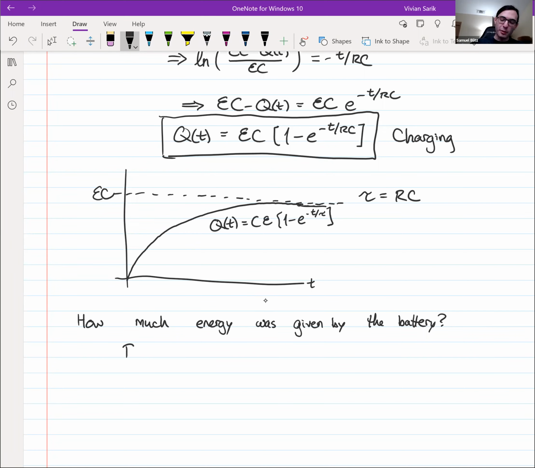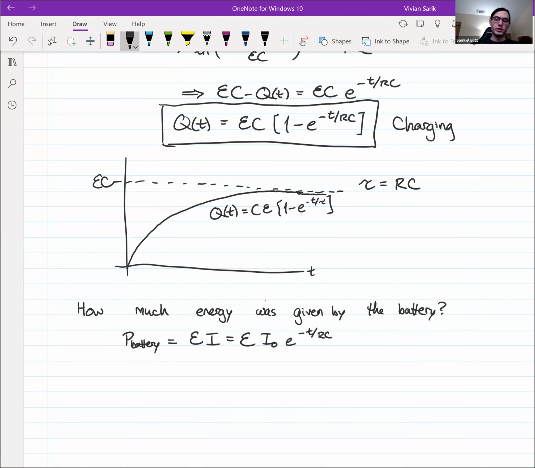So the power in the battery, just by definition, this is the power through anything, just the voltage times the current, or at least it's the power by a battery. This is something we've talked about before. And so the current, we already know the formula for the current. It's I naught times e to the minus t over RC, right? So to find the total energy output,